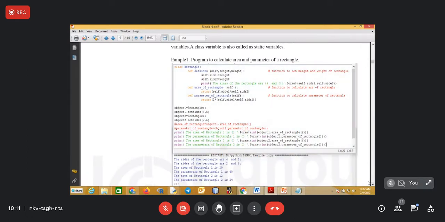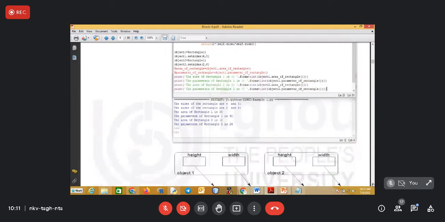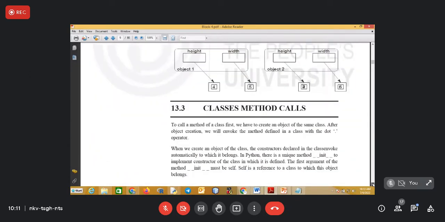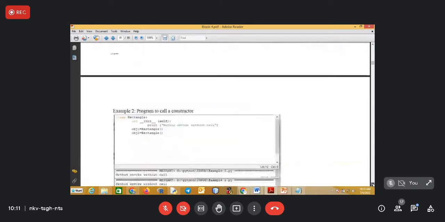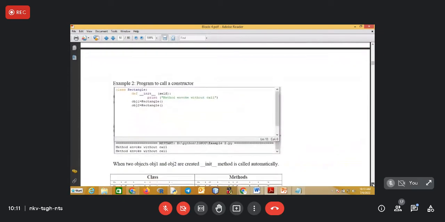अभी इसका रिजल्ट देखिए. So 4 and 5, 2 and 6. So area of the rectangle 1 is, you are passing this now. So they say I am first, and the second shows I am 2. So on the basis of the result, we are getting a specific value. So this is the whole concept of your